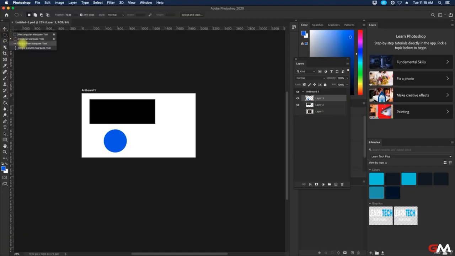And then let's do the single row marquee tool. Okay, so let's make a new layer, and then let's go here and just hit delete, and then Command D. Okay, let's hit Command D there. And then we'll do the single column marquee tool. So I'll hit delete on that. And we ought to select layer 2. And once I do, then I can